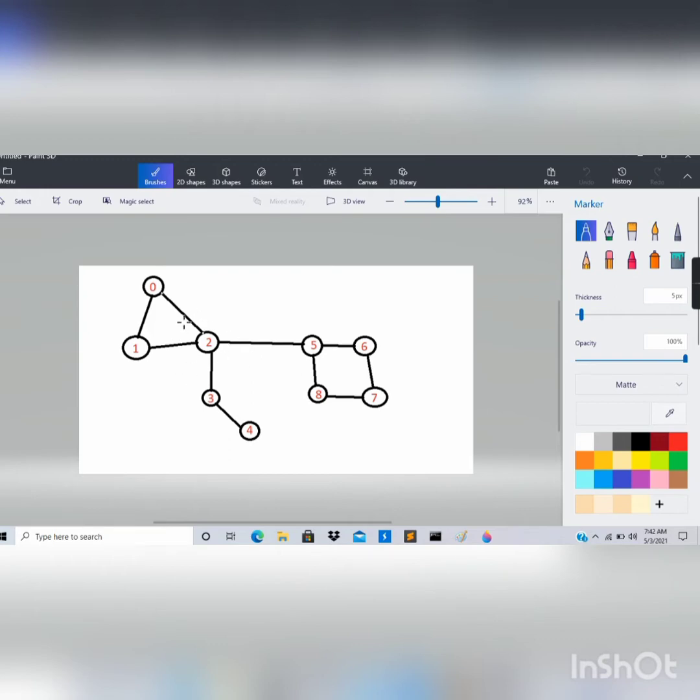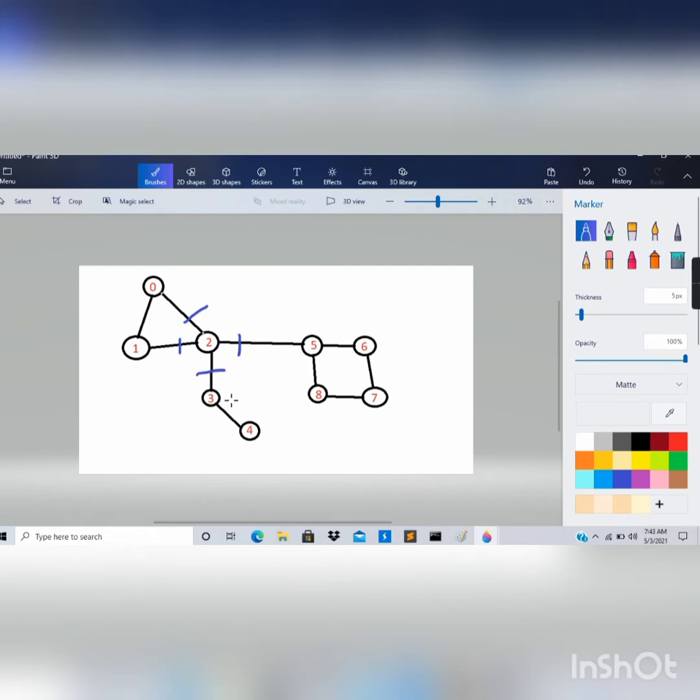Yes. Let's see how. If we delete this edge, this edge, this edge, this edge, which belong to node 2, then this part of the graph becomes one component, and this becomes another, and this becomes another. So the number of components in the graph increases. So this node can be termed as an articulation point.